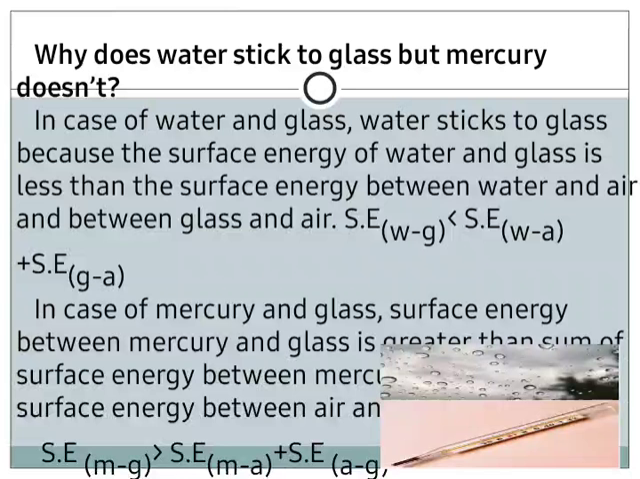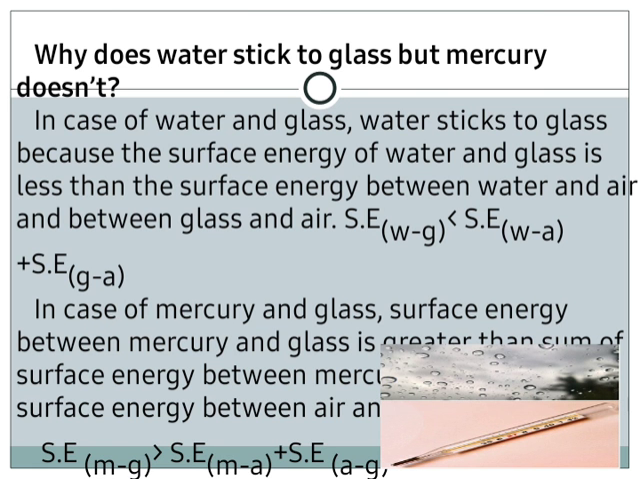Can you answer this question? Why does water stick to glass but mercury does not? In the case of water and glass, water sticks to glass because the surface energy between water and glass is less than the sum of the surface energy between water and air and the surface energy between glass and air. That is,